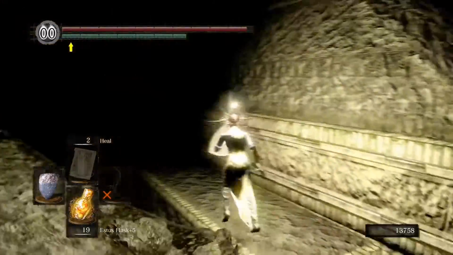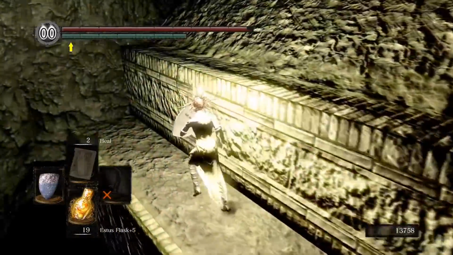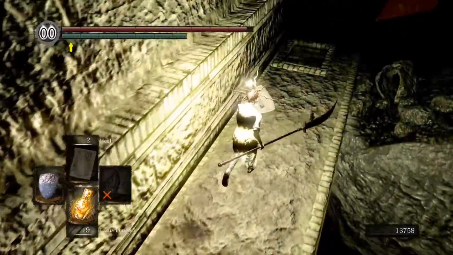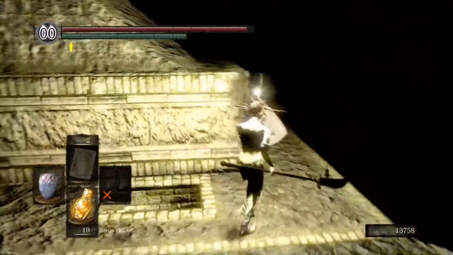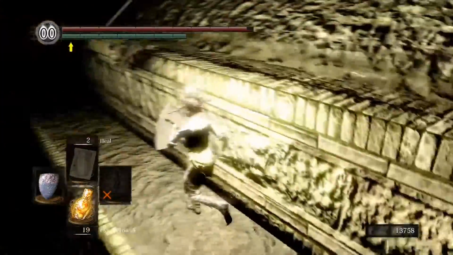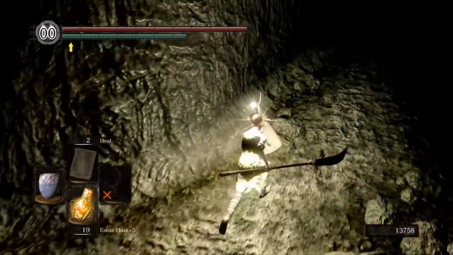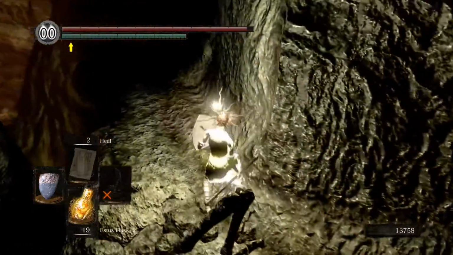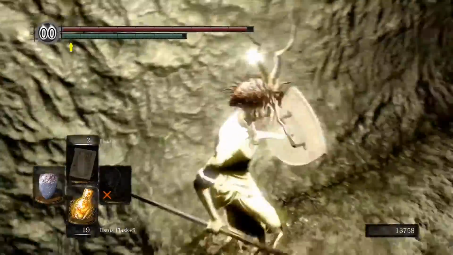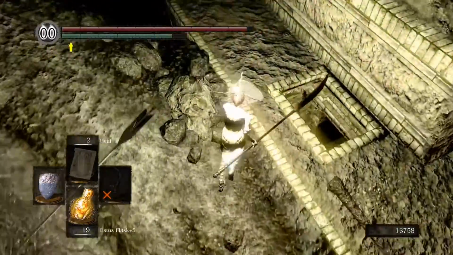Okay. So we got a skeleton over here. I think, okay, we can't get to him that way. Be careful, because some of these ledges do not have bottoms to it. Okay, so you can clearly see he's shooting at us from a ways away. I thought there was a secret wall over here. There it is. Okay. So there's a secret wall there, but before we go to that wall, this is the